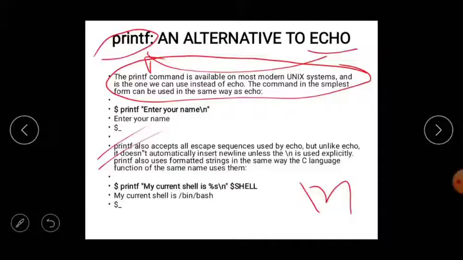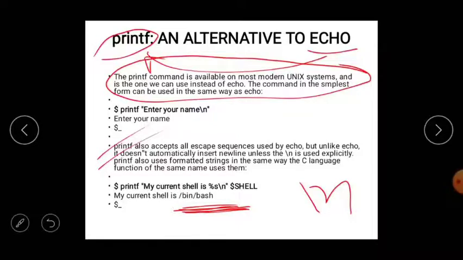Here you can see that my current shell is %s\n and $SHELL. The current shell is /bin/bash, meaning the current shell is where we get the path.